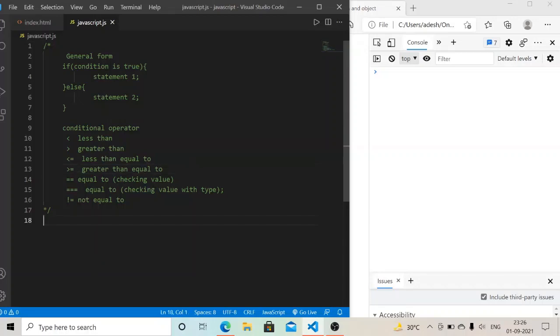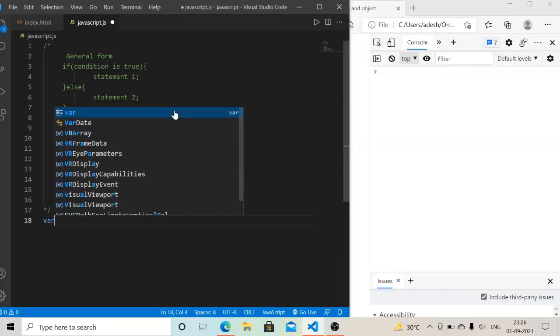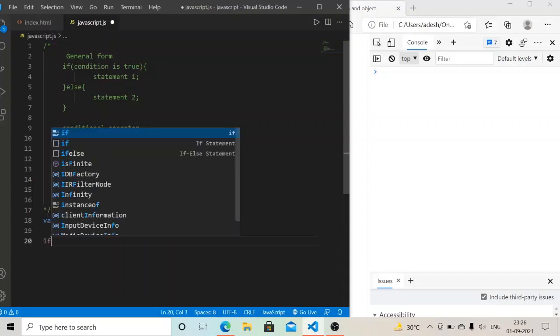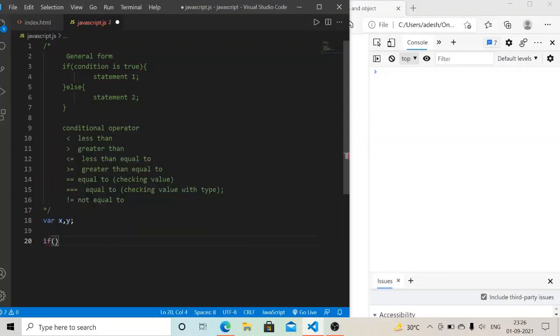So let's see how the if else condition works and how it's created. Before creating an if else statement, I create a variable first. I created two variables here, x and y, and now I create the if, and inside this small bracket I have to give the statement. At first I use the less than conditional operator.